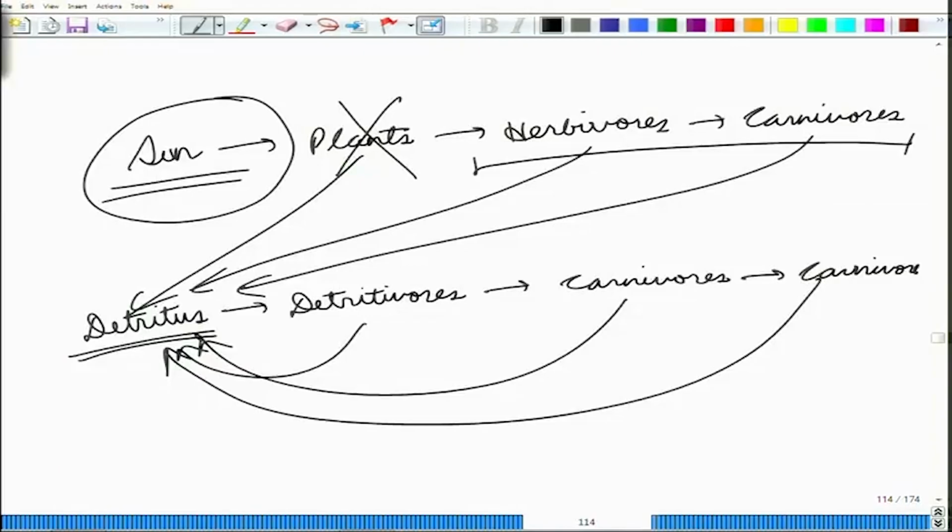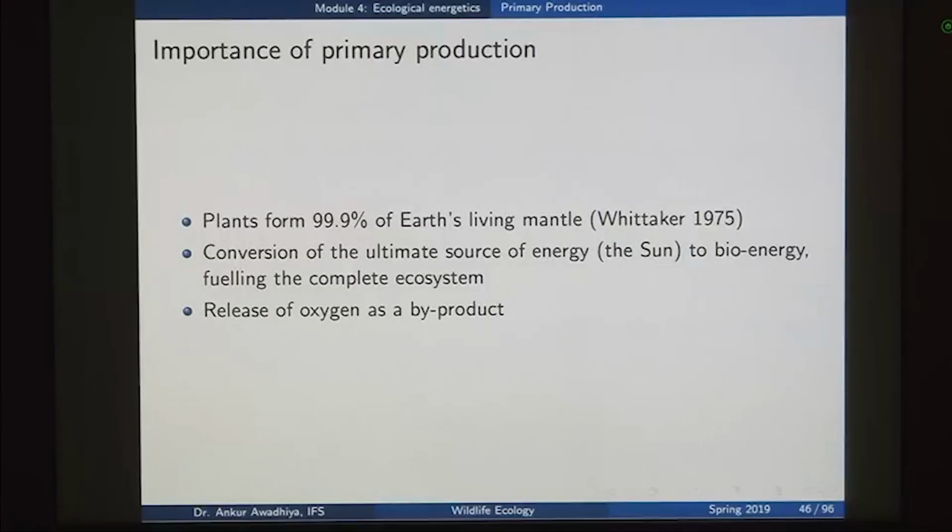The exception is those very few instances in which the source of energy is chemical reactions, when we are starting a food chain through the process of chemosynthesis through chemoautotrophs. Even in that case, the conversion of the energy into biological molecules in the very first place occurs through the action of autotrophs, which is the same as talking about primary production.